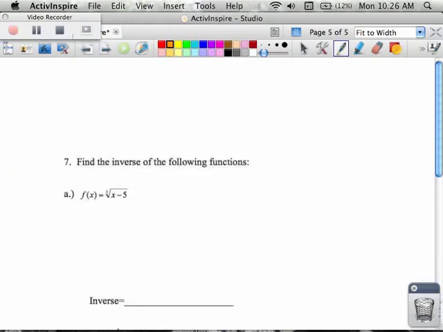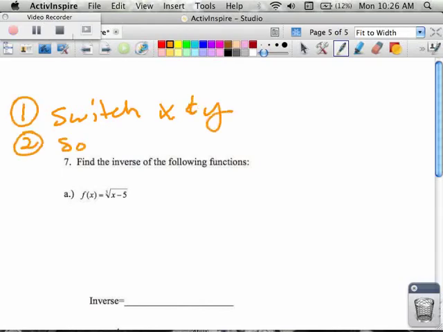All right, two more examples. I thought we would do ones that were a little more difficult, quote unquote. Remember, the big idea is switch x and y, number 1, and then number 2, solve for y. This is to find an inverse. And I told you that I like to use y instead of f of x. So I'm just going to change this equation into